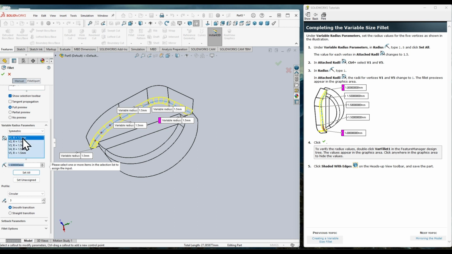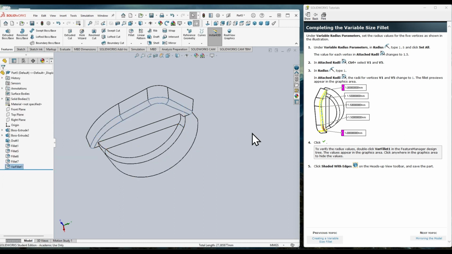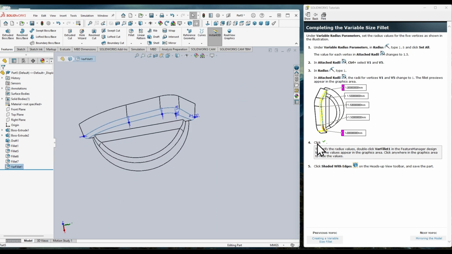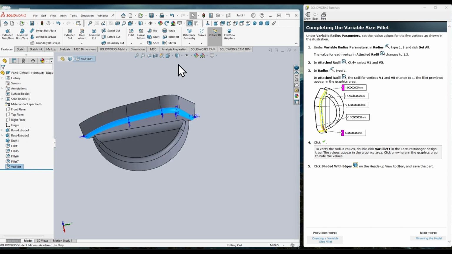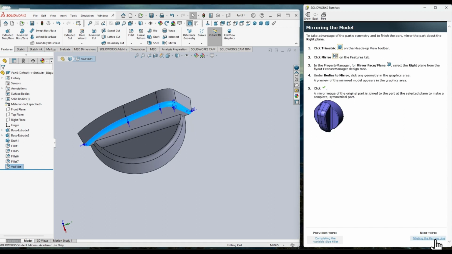Now while holding control, I can click the top one and that one, and just for those two now, I can change that to 1 millimeter. And up here now I can see I have 1 millimeter on those, 1.5 on everything in the middle, and then 1 on this edge. And in my image here, I can see the same thing. I have 1 millimeter fillet on this side. As we approach the middle, we get to the 1.5 millimeter fillets. And then back when we get on this side, it's at 1 millimeter again. So that's the idea of having this varying fillet along the edge there. And we can see it pretty good in our picture. And we can see the dimensions on there when we load it in SolidWorks. And now we can turn it back to our shaded view with edges,